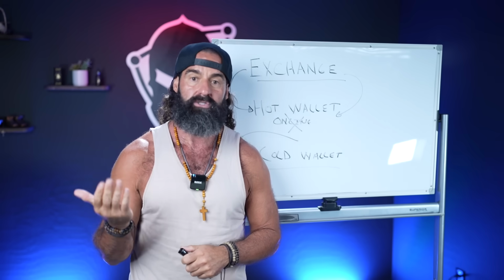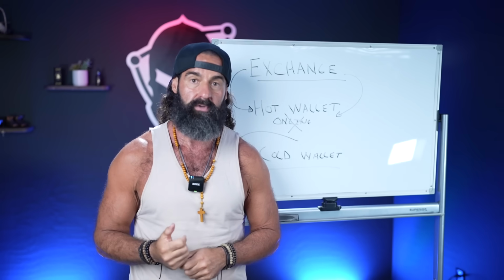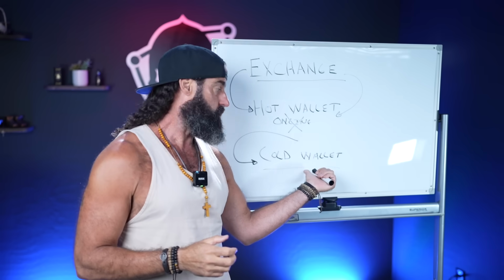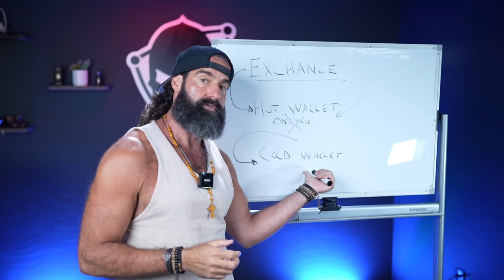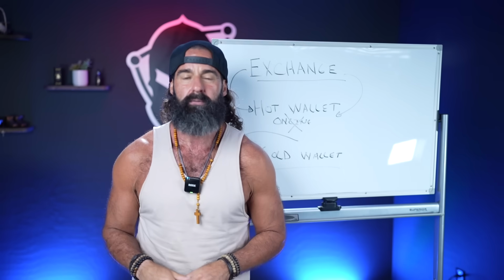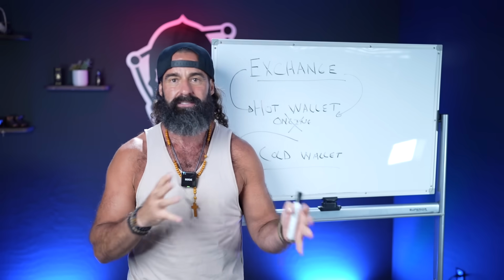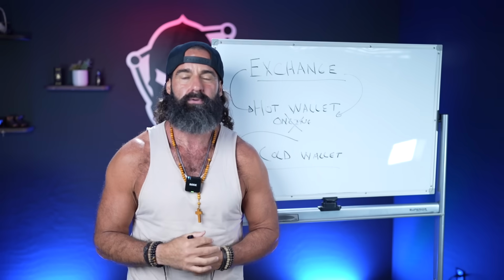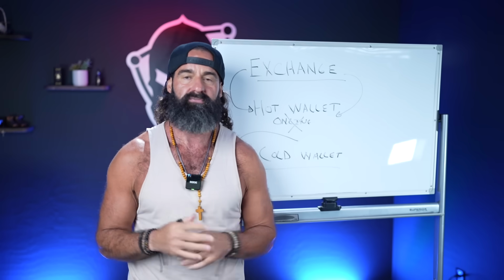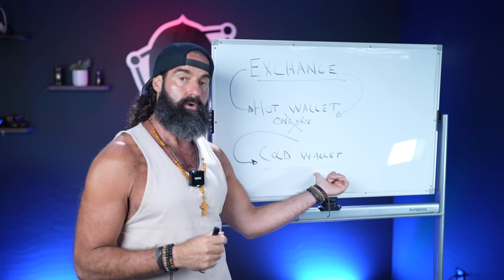I have Kraken. I store larger amounts of my cryptocurrency on there, and then I have quite a bit on my cold wallet, which is very important. Crypto.com, I do like Crypto.com. I love their exchange. The only thing I don't like is the tax CSV file or whatever it's called when I do my taxes. So I have it spread across different exchanges, but I have some on my cold wallet as well.